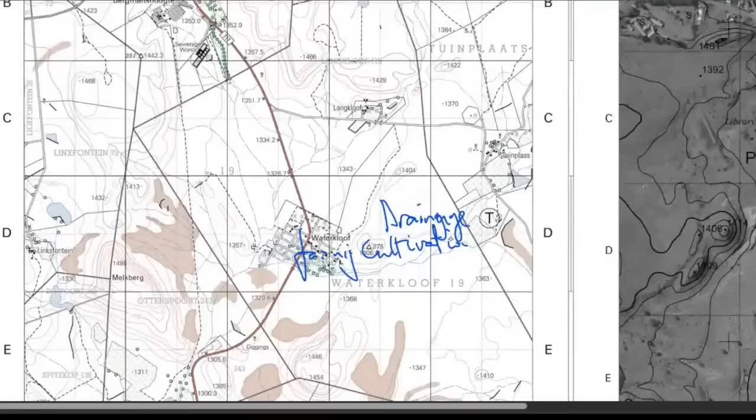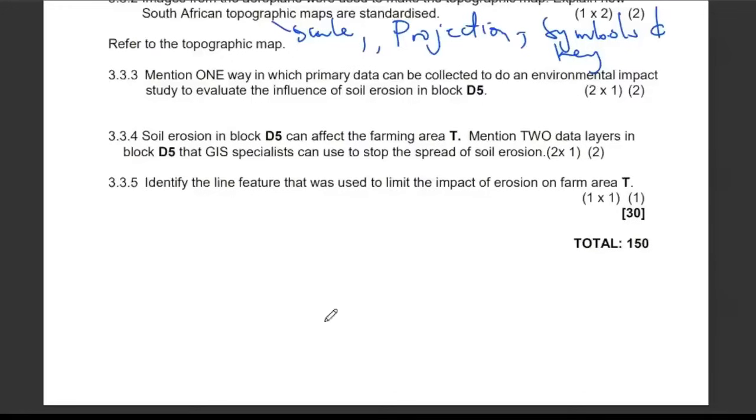And also, if we slightly check in that particular block, I think those 2 data layers can effectively help, and also the data layer on topography, the steepness of the area. Remember, soil erosion is also influenced by the topography of the area. So if we check those data layers, they can effectively help in finding solutions to limit the spread